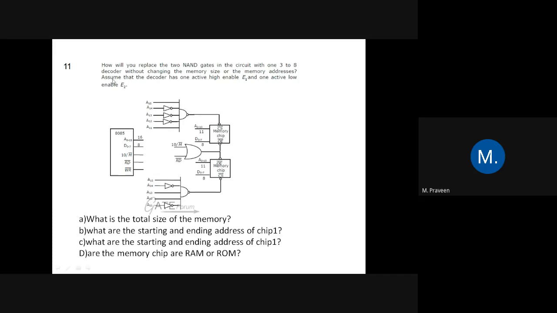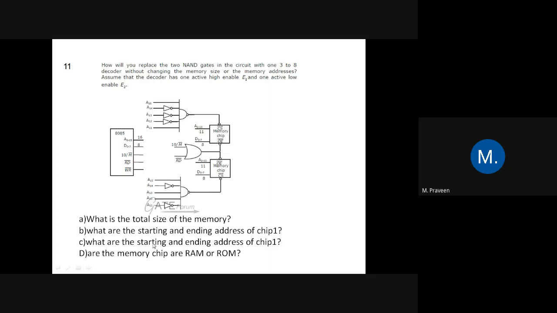I will give you the clue. Just refer to the address lines of chip 1 and chip 2. From the address lines itself, you can say what the size of the memory is. Similarly, by using A0 to A11 and A11 to A15, we can find the starting and ending addresses. One thing is very important: here the chip selection is a low active signal. Therefore here the answer should be 0. If it is 0, then only the memory will be enabled. To get 0, what should be the values of A11 to A15 here and A11 to A15 here, and from that you have to find the starting and ending addresses.